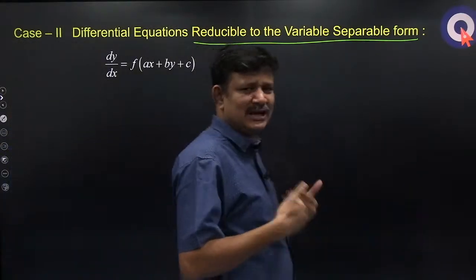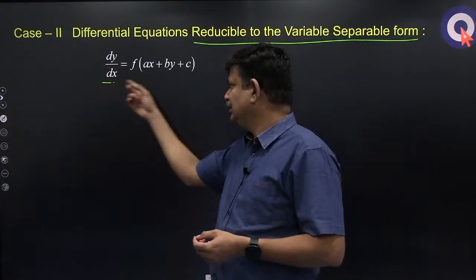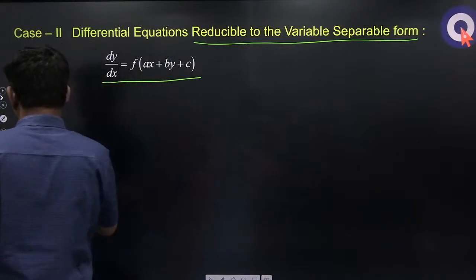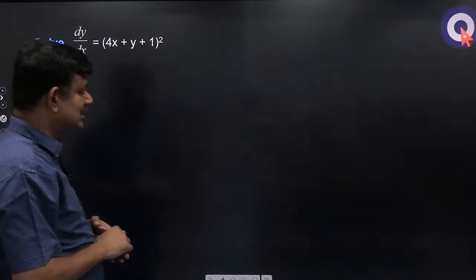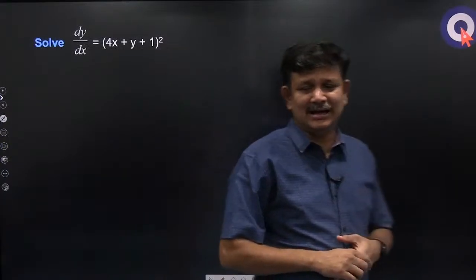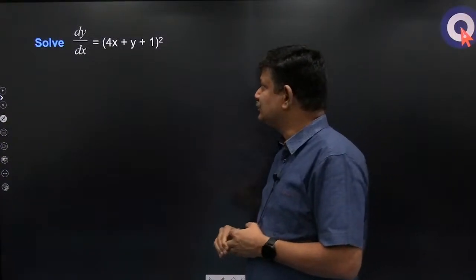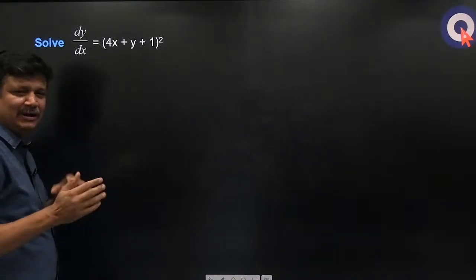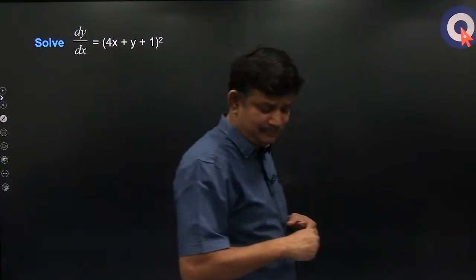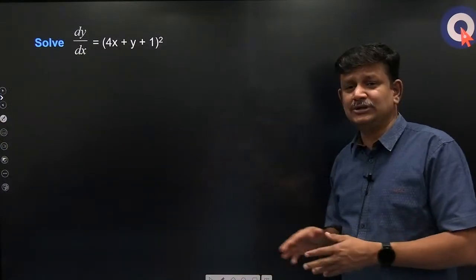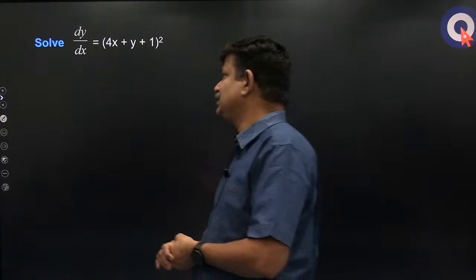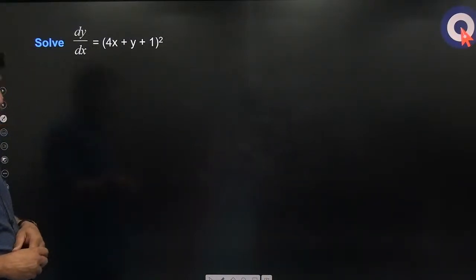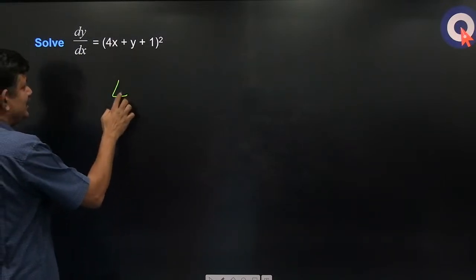इसमें तो काफी सारे फॉर्म्स होते हैं, लेकिन इस स्टेज पे हम डिस्कस करेंगे dy by dx is equal to f of ax plus b. तो इसको क्या करना है, dy by dx is equal to x plus y plus 1 whole square। ये क्वेश्चन काफी बार पूछा गया है। cos of x plus y लेके पूछा जाता है, sin of x plus y लेके पूछा जाता है, sin of x plus 3y लेके पूछा जाता है। तो ऐसे क्वेश्चंस को कैसे करें, इसमें क्या करना है, सिंपली ये जो लीनियर फंक्शन है ना,